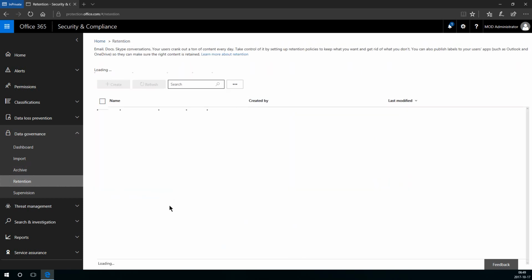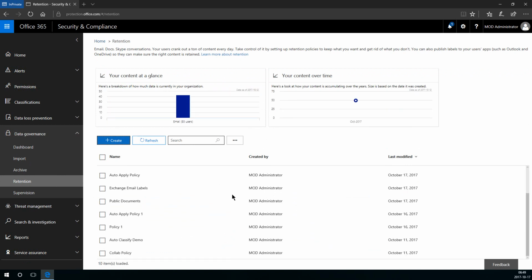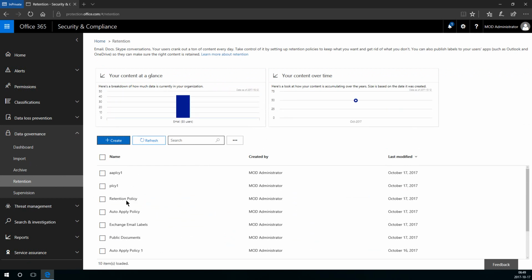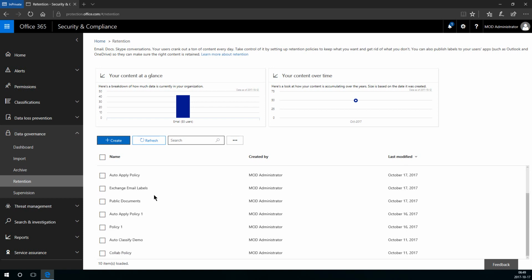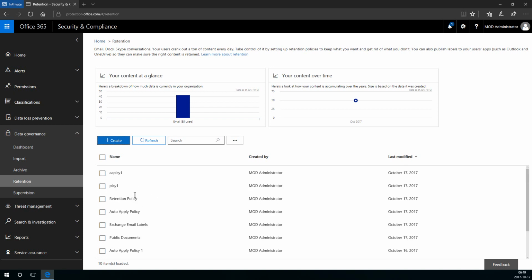The retention section will show you all the retention policies that you have created. You can create individual retention policies here, or else you will be able to see all the retention configuration that you have done at the classification section as well. So when you want to create a retention policy, you can click on the create button,